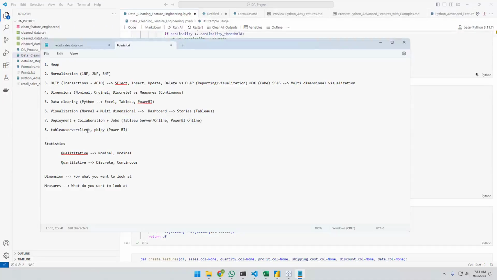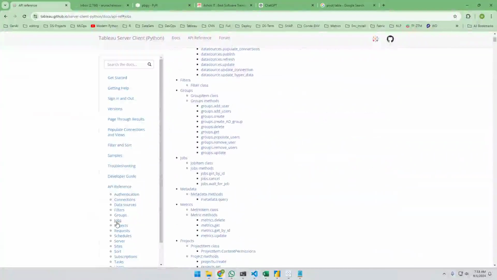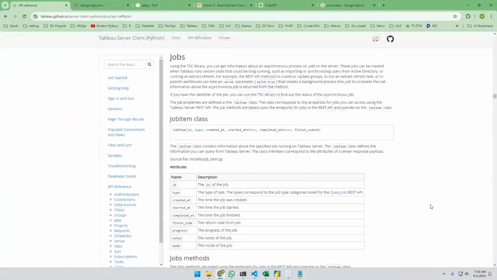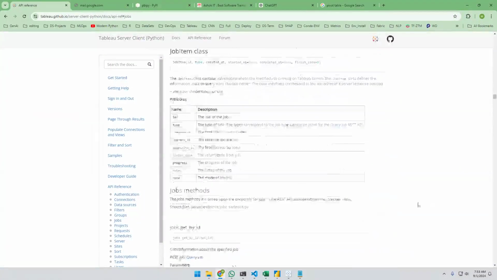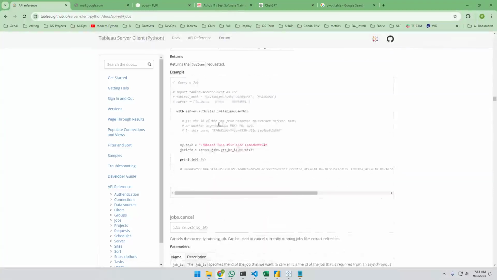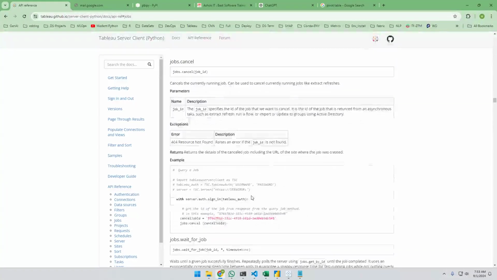Basically, you use these libraries. Let me show you that. Suppose you have access to some Tableau Server or Tableau Online, then you can programmatically write the code and run the job. Let's take that you have scheduled it every 24 hours, but you may not know exactly when the data comes in, right? The typical process that we,